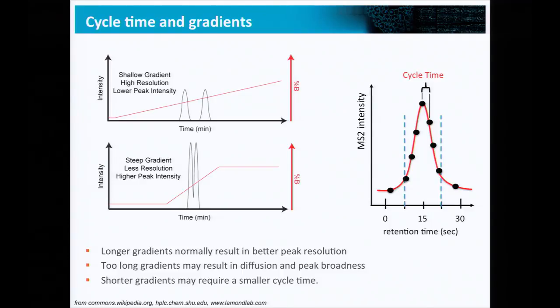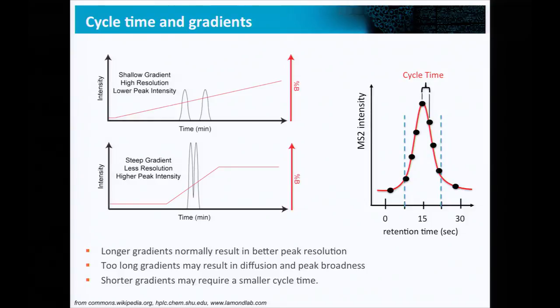And we said that when we talk about our cycle time, we need to think about it in relation to our average width. And of course, that can vary considerably depending on the peptides, but we do need to know something about it with respect to our chromatography. So if we have very long gradients, maybe we would have better peak resolution, although we would pay a price maybe in peak intensity, but then we need to consider lowering our cycle time in order to have enough points